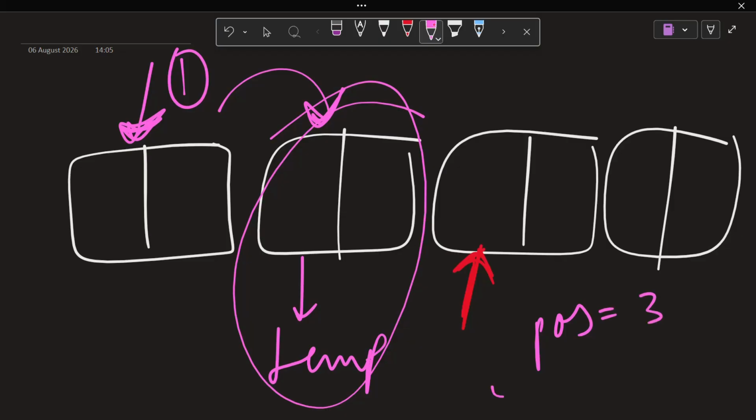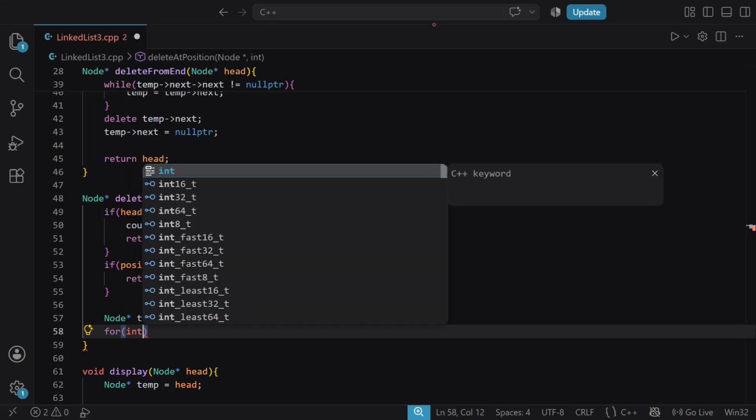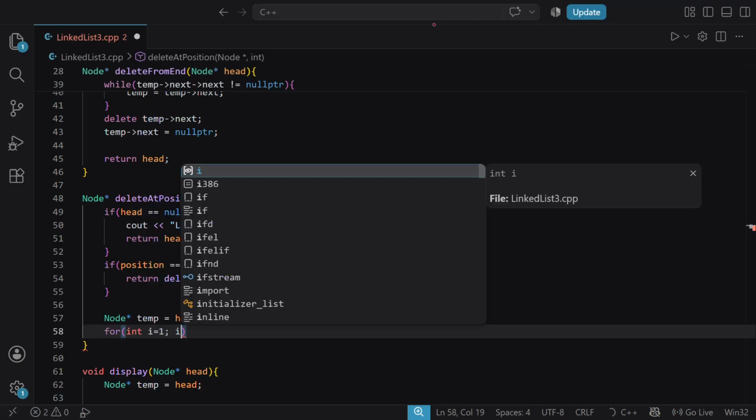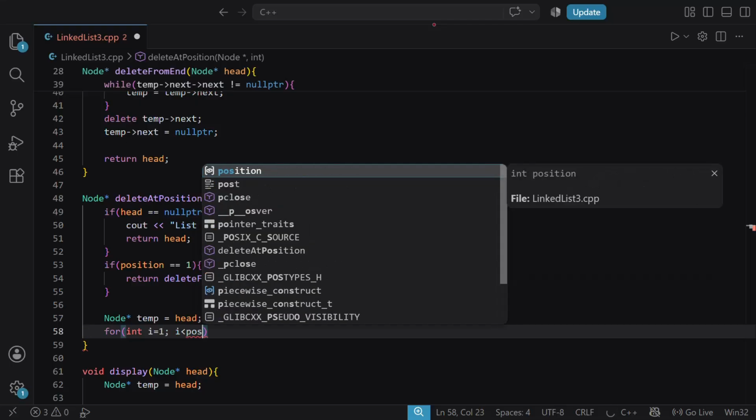So the loop should run from i equal to 1 till position minus 1, I mean less than position minus 1. So basically it has to run only once here. So i equals 1, and i is less than position minus 1. We have this condition. So let us write it: int i is equal to 1, i is less than position minus 1,